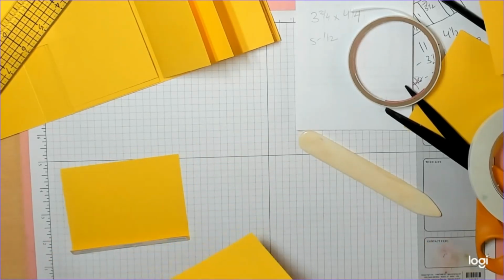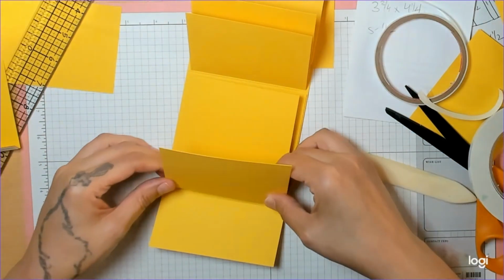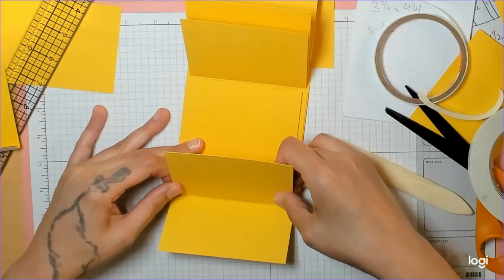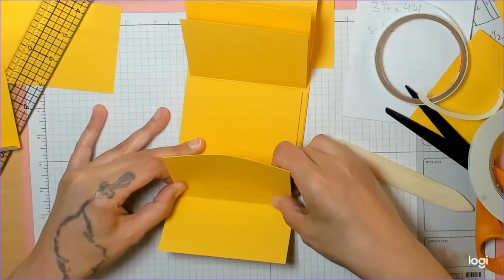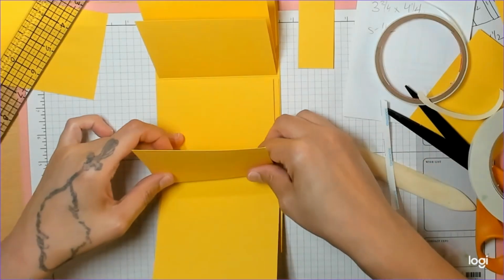Okay, and I'm going to add that to my spine, which it should be fine. And I'm going to do the same exact to the other piece for my smaller folio. Just make my measurements smaller. Okay, there's that. And there is